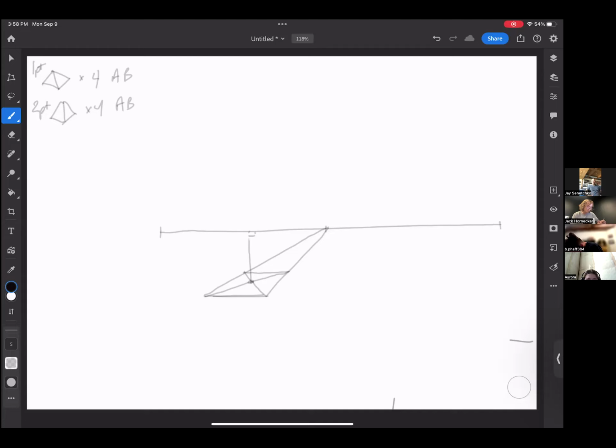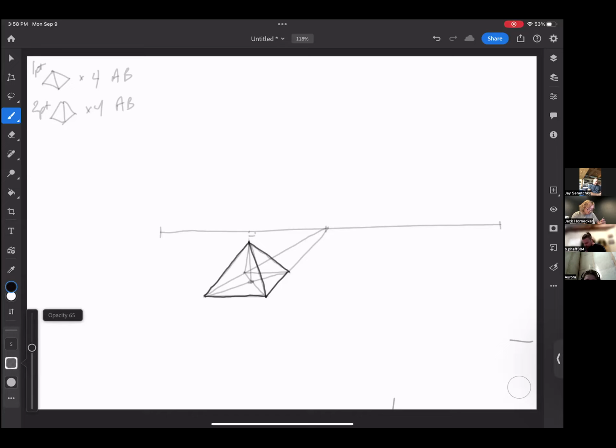It doesn't matter how tall it is. All that's going to change is the overall shape of the pyramid. It's not going to change it into anything other than a pyramid. Once you've established the peak or the height of that, you're going to connect all four corners to that peak in order to establish your pyramid. And then you're going to darken the lines that you want to be visible.